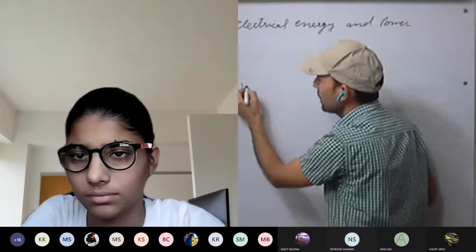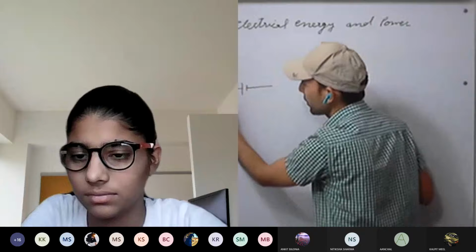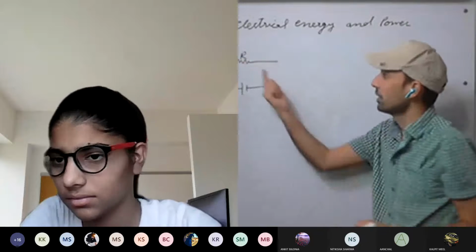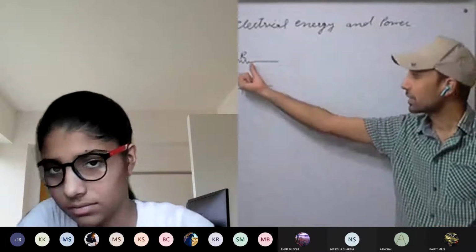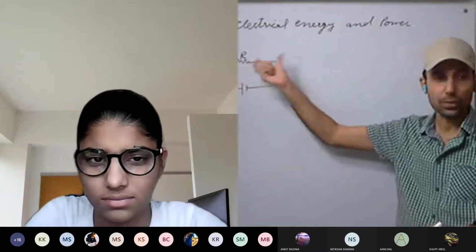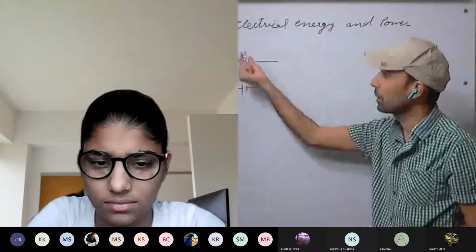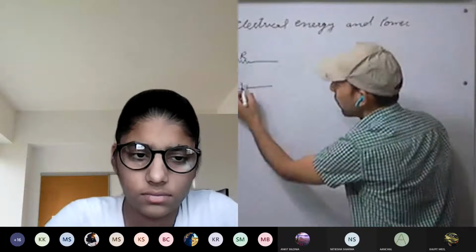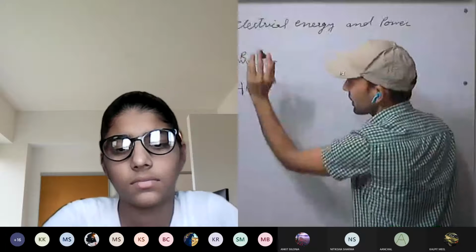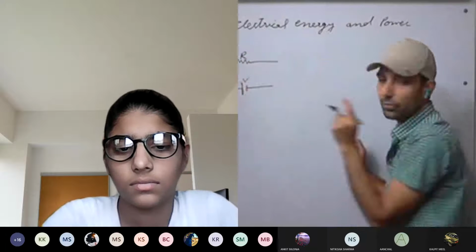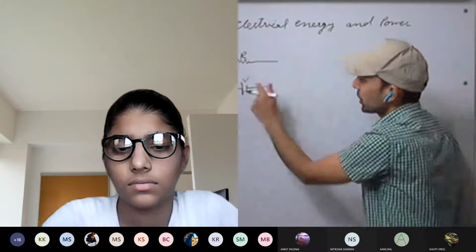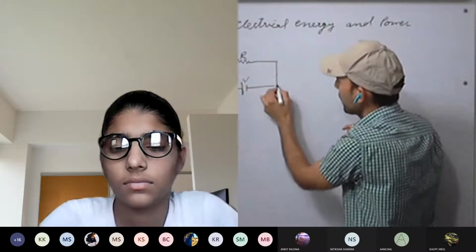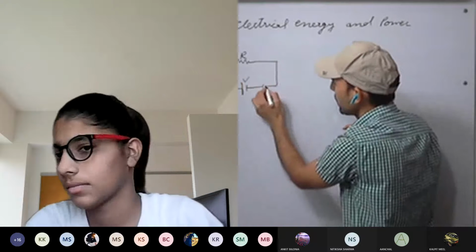See here, for example, this is the simple circuit we take. We have the resistor, this is the resistance R. Consider this as the load. You can consider it as a bulb, or any appliance. All the work will be done in here. This is the potential difference that will be available across it. And here we have a switch.